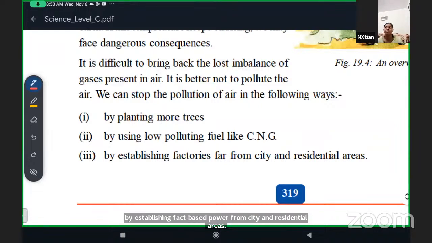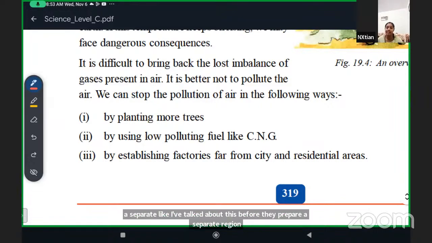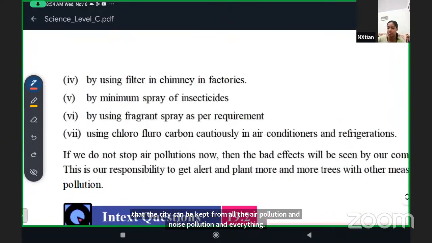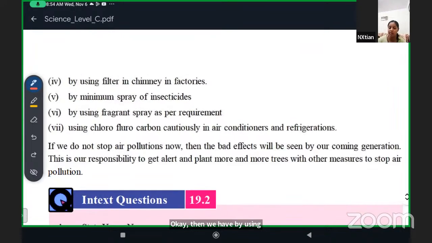Nowadays, like I've talked about this before, they prepare a separate region known as an industrial region, that is on the outskirts of our cities, where the industries are located, so that the city can be kept from all the air pollution, the noise pollution, and everything. Then we have using filters in chimneys at the factories, and minimum spray of insecticides. Some insecticides also